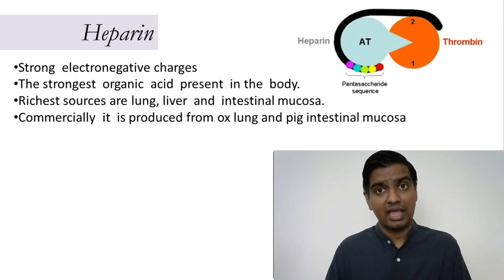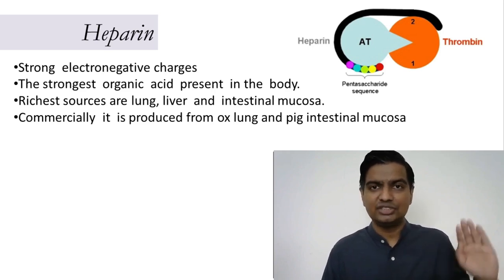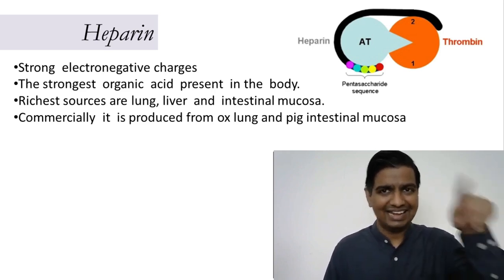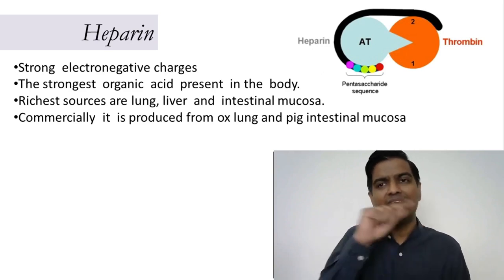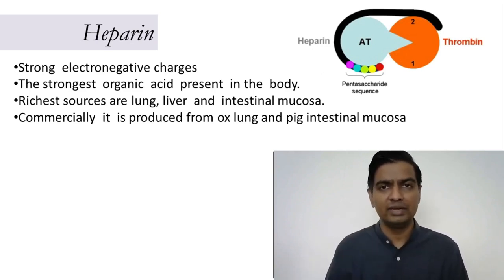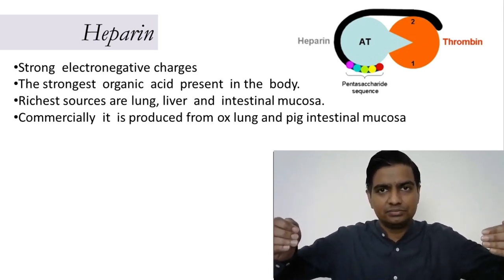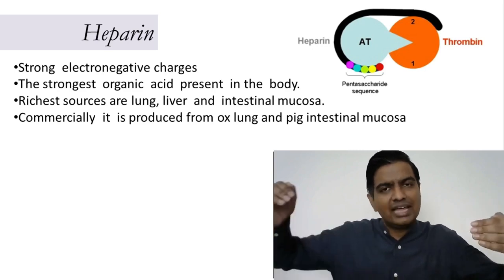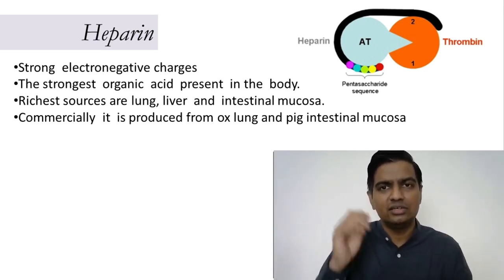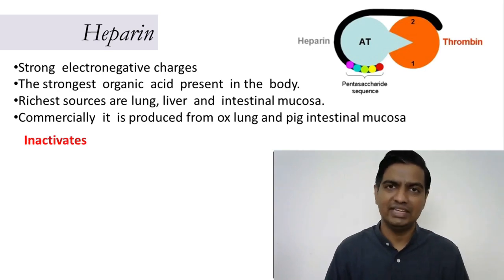But heparin then extends its tail, the black line that you can see going around antithrombin and onto the thrombin, which is called a scaffold. It's like bringing two people together, antithrombin and thrombin, and when they are together, antithrombin can break thrombin very easily.